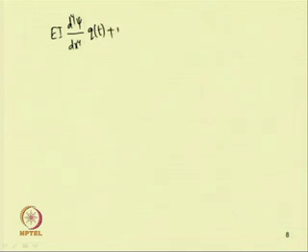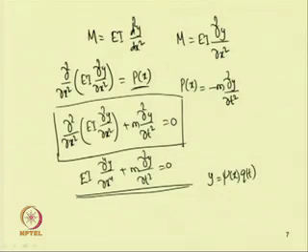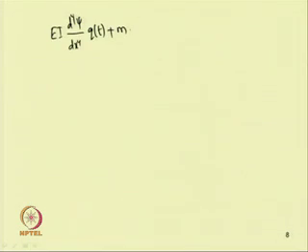plus m, and this is a function of time, ∂²y/∂t². So, q will be differentiated with respect to time and ψ will remain like that. So, it will be m ψ into d²q/dt² equal to 0. Now, separating the time terms to one side and the space terms to the other side, one can write